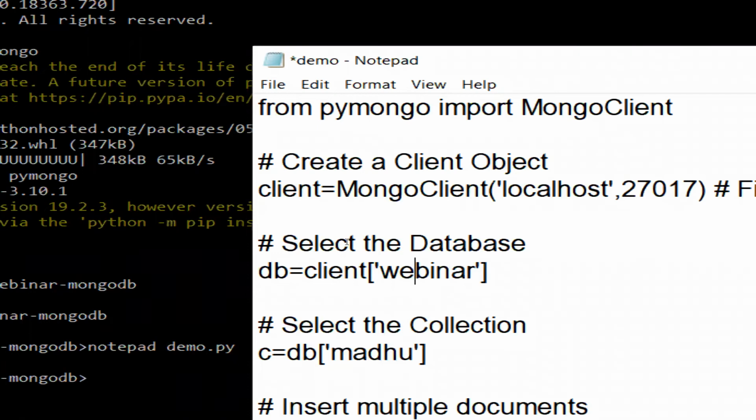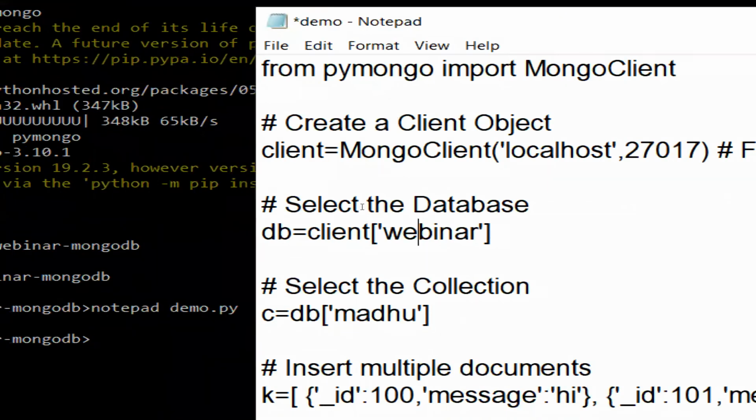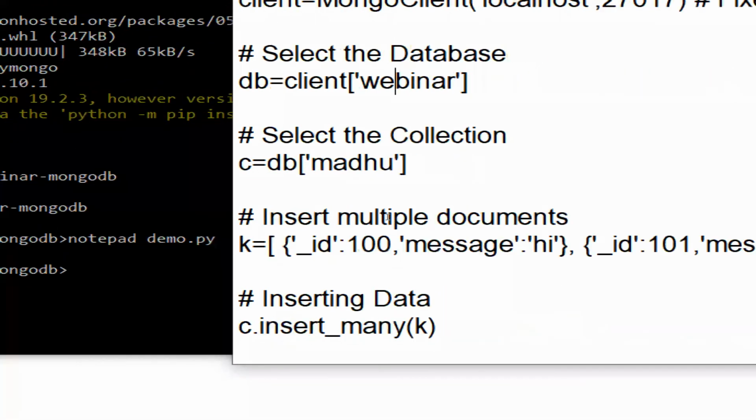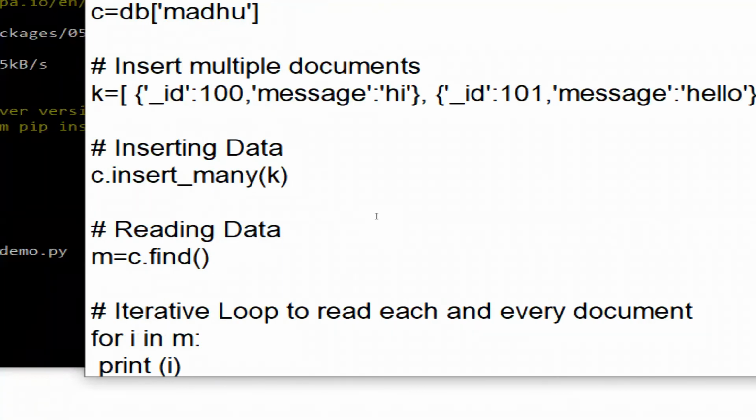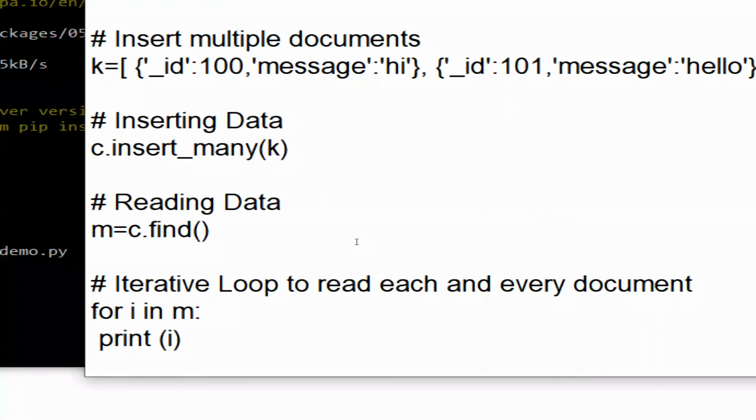And then selecting the collection. If you want to create a collection, there is a method called create_collection here. And inserting multiple documents, k equal to square bracket, and inserting data, insert_many(k). Reading data, m = c.find(), and for i in m: print(i), so that every document will be iterated. It keeps printing all the documents by using a simple for loop.